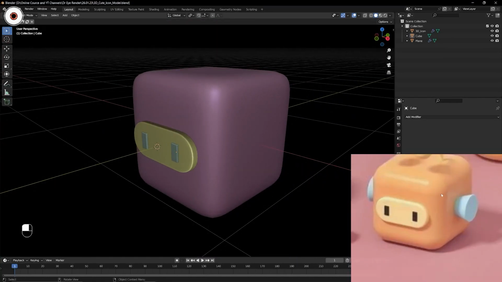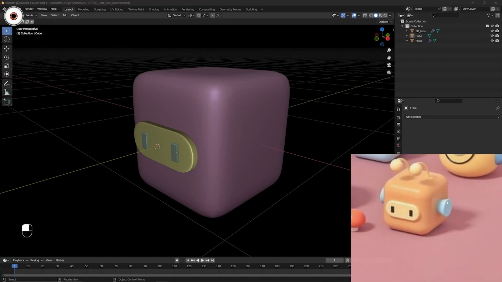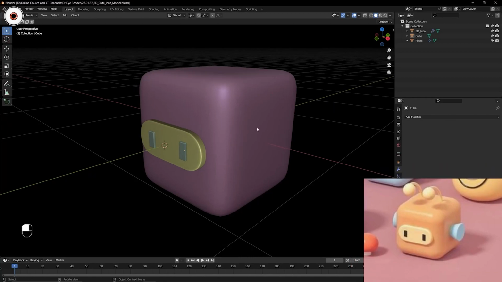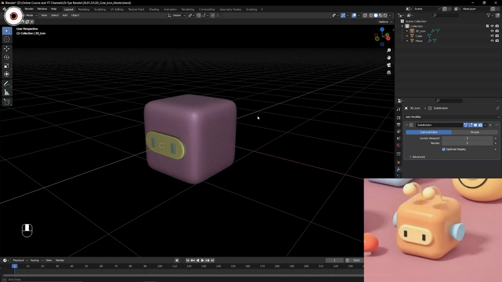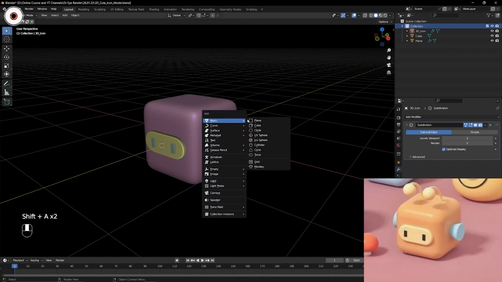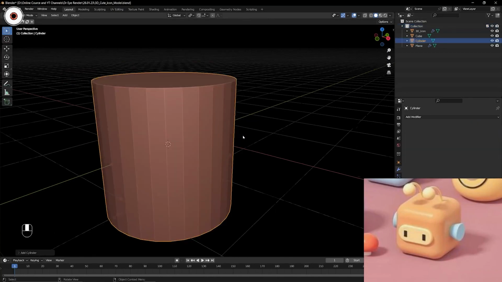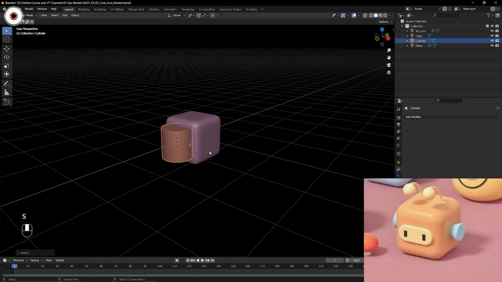All right, so we are going to model this one. Okay, and after modeling this one part we are going to mirror it. The same is going to be on the other side also, right? It is an obvious thing. For that we need, for example, a cylinder. So again we are going to press Shift A, and under this collection we are going to add a cylinder. Okay, again we are going to scale it,